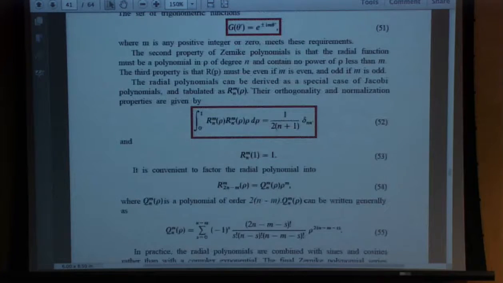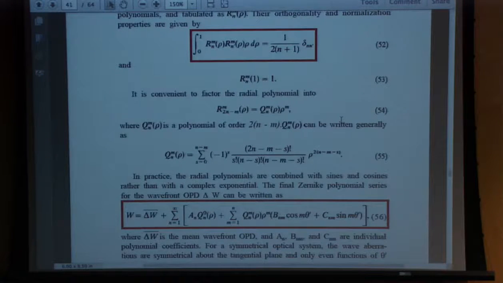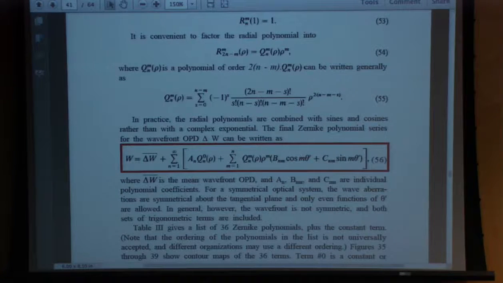Well, I guess that's just, again, saying they're orthogonal down here. I'm going to give you some of the terms for the Zernikes in just a minute. The terms are fairly easy to calculate, and there's a generating function here where you plug in your n and m's and s's, and you can calculate the different terms. And then you can write the wavefront as